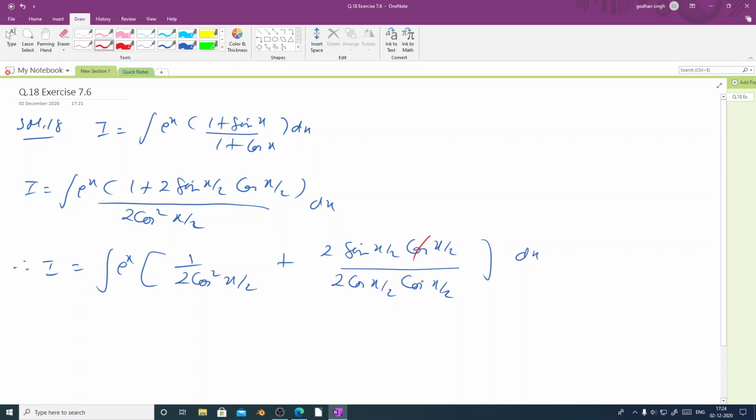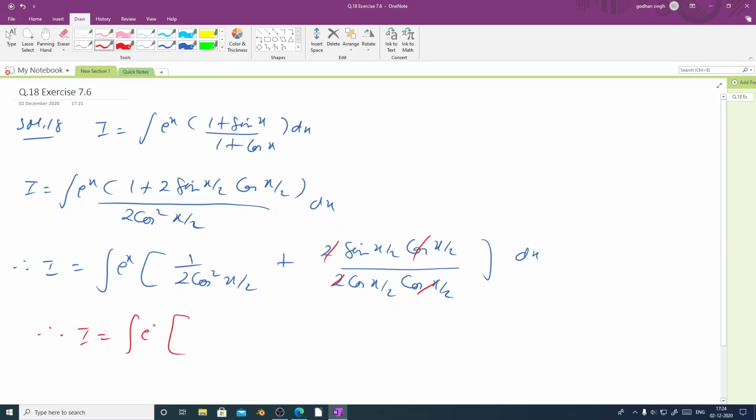And cancelling cos x by 2, cos x by 2 and 2 and 2, therefore we have I equal to the integration of e raised to x